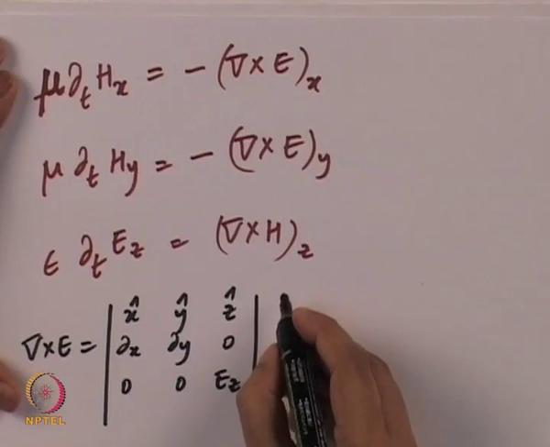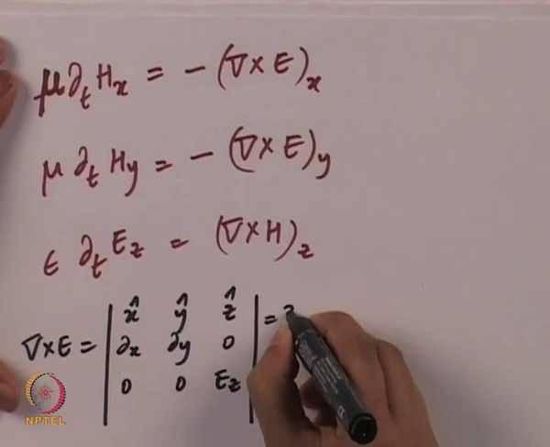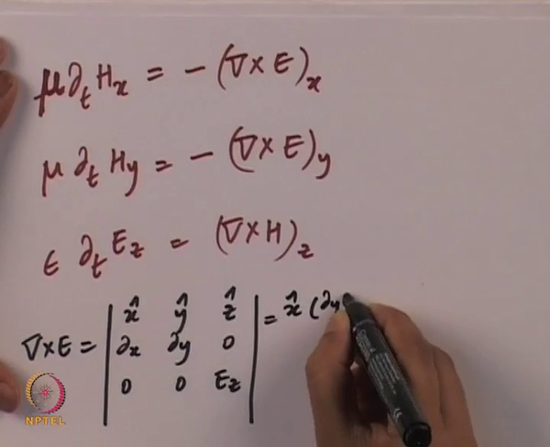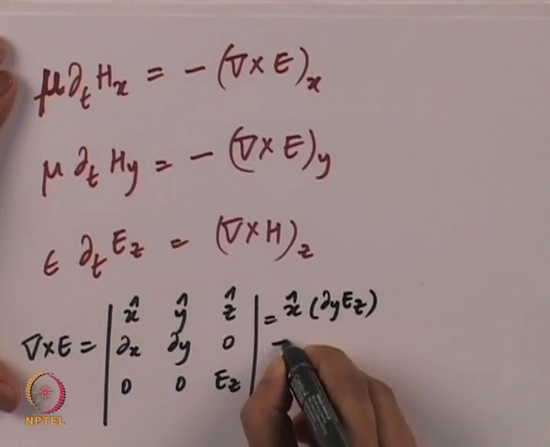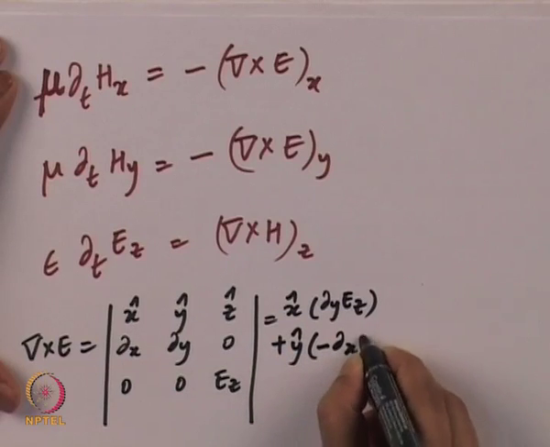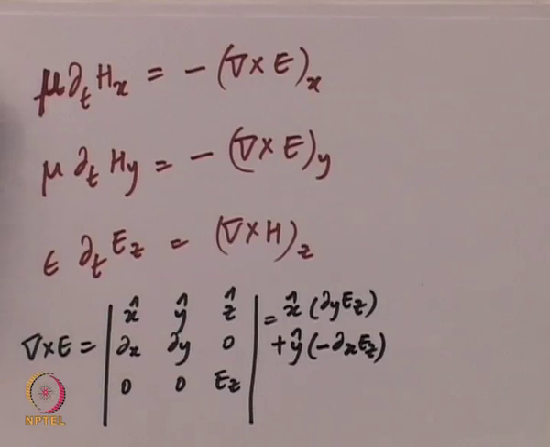So if you expand it, what you get is the x component dou y Ez plus the y component minus dou x Ez. So this is going to be the del cross E term,